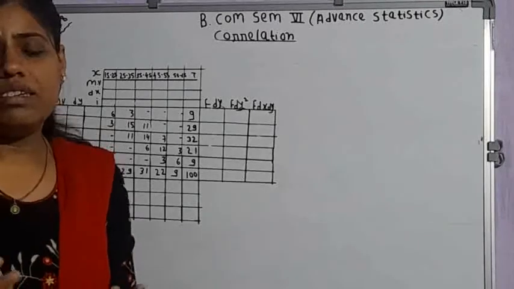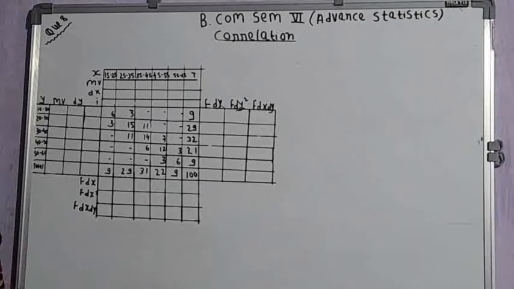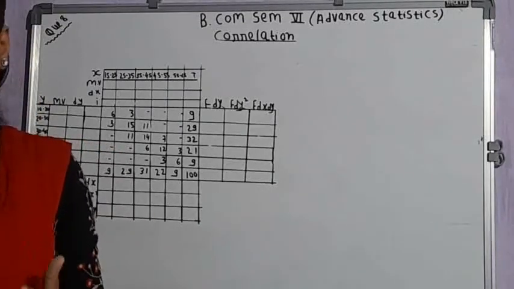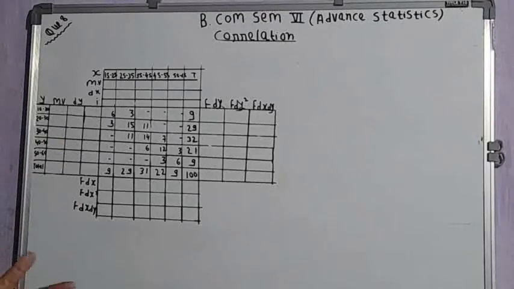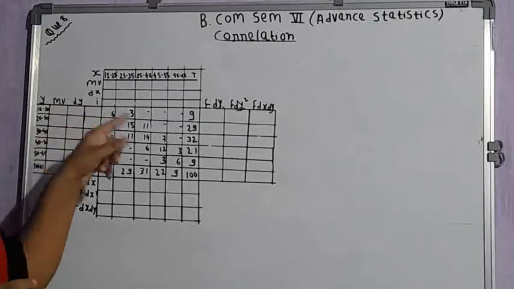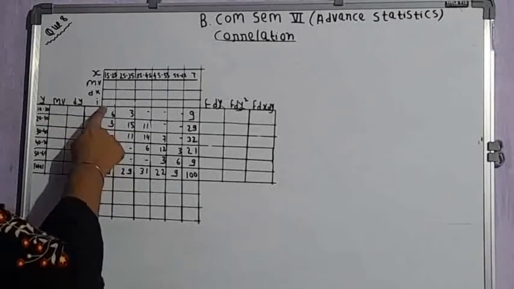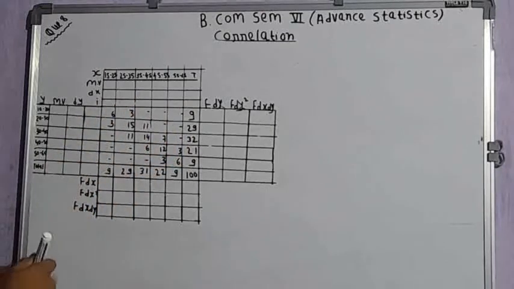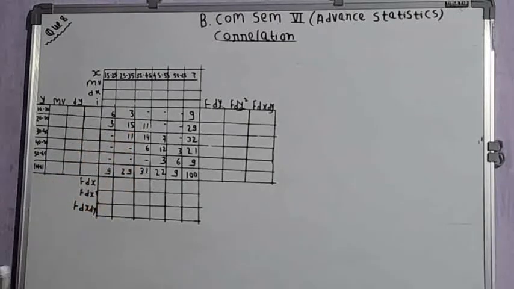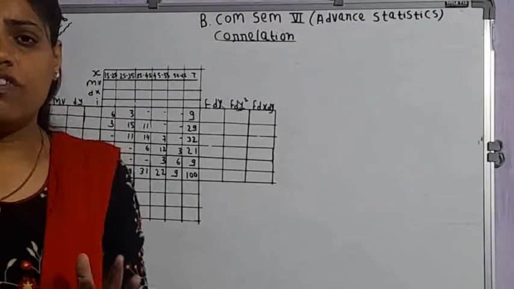How to formulate it is the question. First of all, you will see how many items have been given, means how many rows and columns have been given in the problem. If you have seen that there are 6 rows and columns given in the problem, you will make a table of 6 by 6. Means you will make 6 rows, like here I have done 1, 2, 3, 4, 5, 6, and you will make the 6 columns 1, 2, 3, 4, 5, 6. This way you have to make a table of 6 by 6.